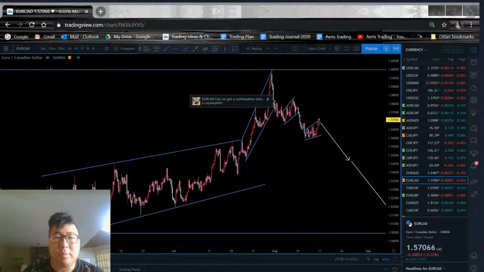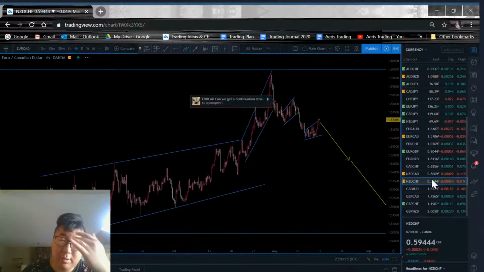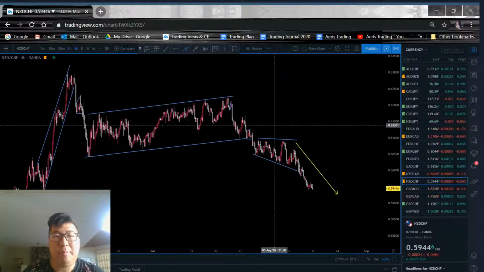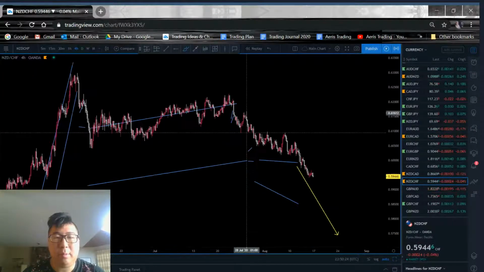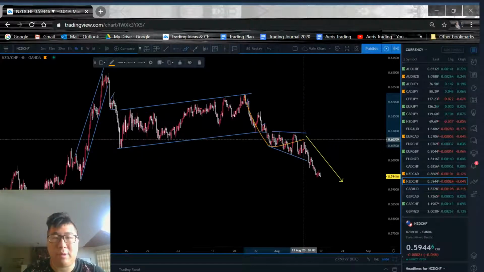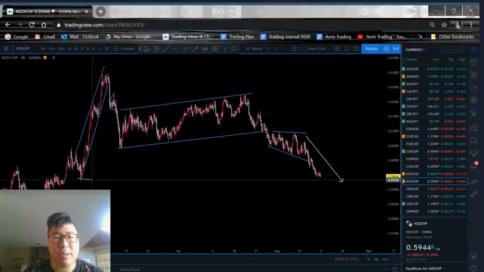So moving on to a couple other ones, I do like Kiwi Swiss. I've been talking about Kiwi Swiss for the longest time because this is a trade that I'm still in from all the way on the top. We do see this is the impulse. We have this correctional structure. We're looking at another impulse. We're pretty much at the lows here now. So